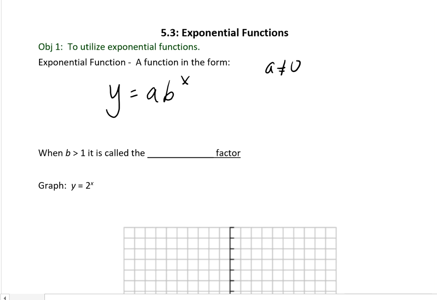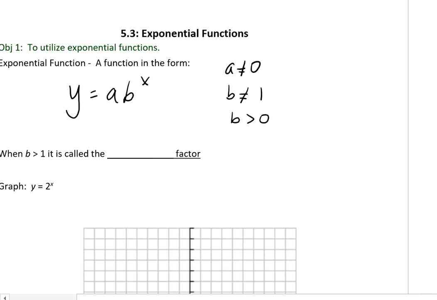A can't be 0 because otherwise it's just going to say y equals 0, and that would be a horizontal line or a linear function. And b cannot be 1, because again, that would create a horizontal line. It would just be y equals a. And I'm also going to say b has to be greater than 0. Okay, b can't be negative